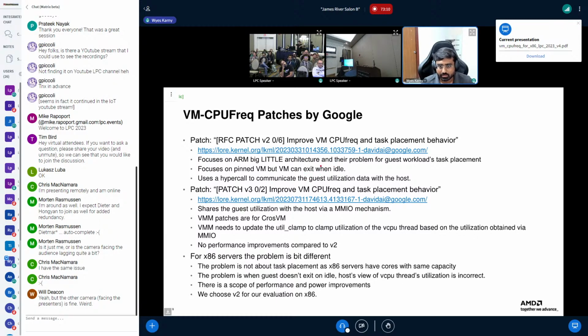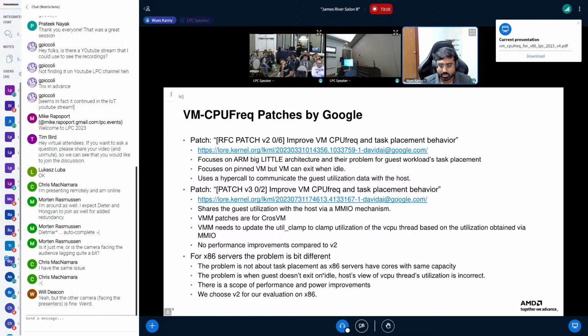Google's main problem was their guest workload task placement. But for our x86 server case, the problem was a bit different because we have same-capacity cores and we don't have a task placement problem.